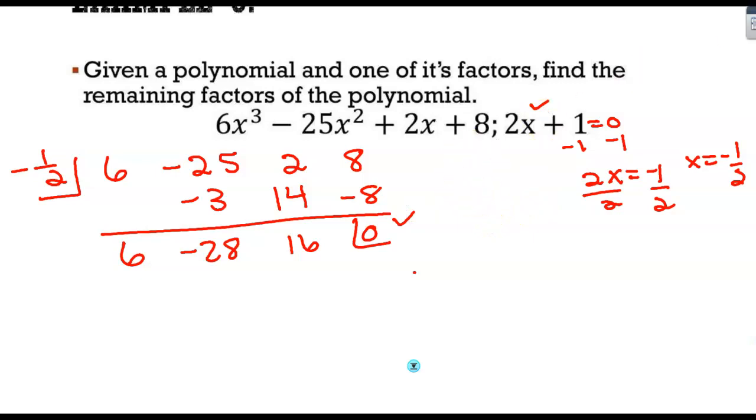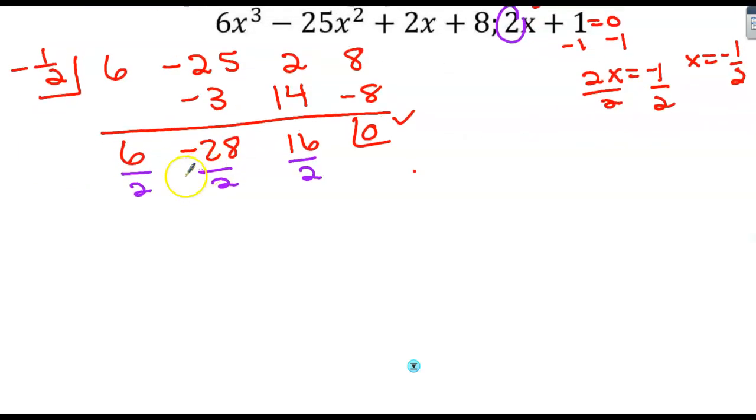One thing that you'll have to remember when we're doing synthetic, if my coefficient here was not 1, then I need to make sure to divide all of my end factors by whatever that coefficient was before I write my polynomial. So I'm going to have 3x squared minus 14x